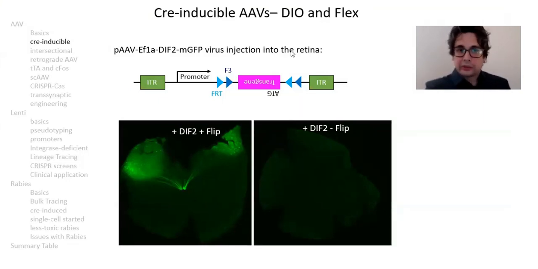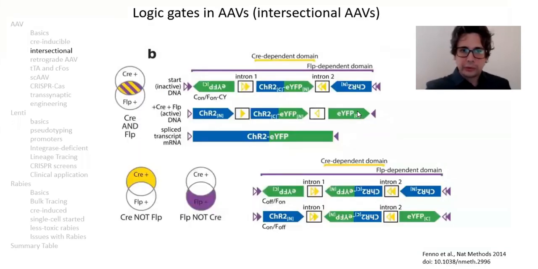But for AAVs, this is by far the best way to do that. You can then combine these into intersectional AAVs, and intersectionality is very important as a concept on using viruses, because you can then look at different properties of your biological system and combine them to really just target something